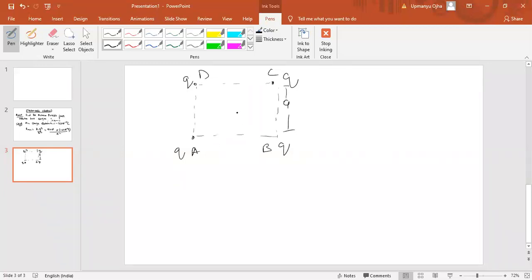Now, if I place a charge plus q at the center, what is the net force acting on that charge placed at the center? What could be the answer for this? Try to solve and get the answer. Find the net force acting on the charge present at the center of the 4 point charges placed at the square.